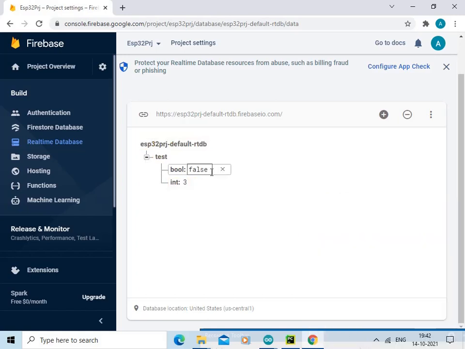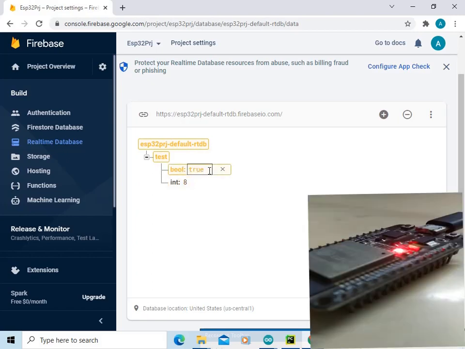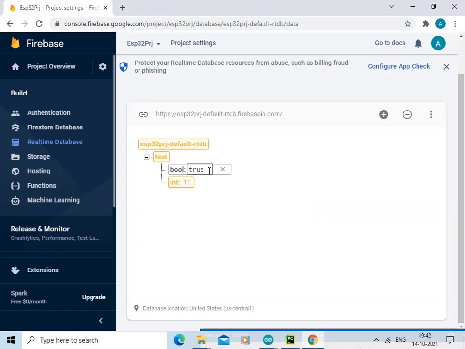So now try to set the value of bool as true and let us see what happens in the LED status of ESP32 board. I am pressing enter over here and let us see what happens on the ESP32 board. Now LED is turned on.